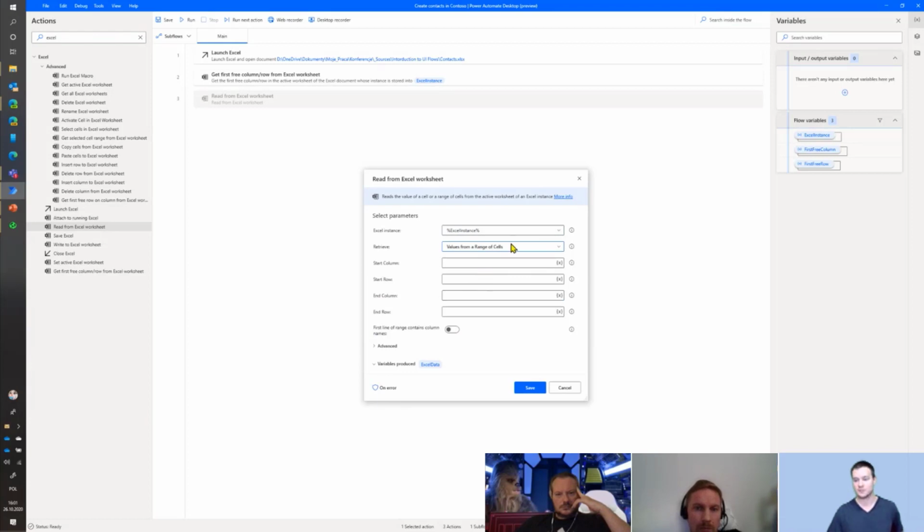So this was the action I was actually looking for. I need to get data from the Excel file from a range of cells and columns. I'll start from column A and the first row, and the end column is going to be Z, and the end row is going to be the first free row. However, because this iteration works like 0, 1, 2, and the first row is going to be 2, but I just want 2 rows extracted, so I need to subtract 1.